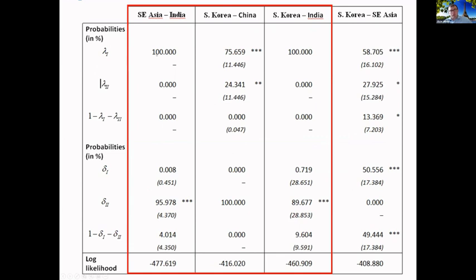They are reported here, either before the sanctions or absent any sanctions for the lambdas, or under the sanctions when we are reporting the delta. So recall that regime number 1 is the one where we have a special price spread that reflects arbitrage conditions, meaning that there is integration being observed. And what is interesting is that for the market pairs for which there is a firm rejection of the model, absent any sanctions, we observe a fairly high degree of spatial integration between the market pairs. So clearly this idea described in the grey literature of Iran shifting petrochemical and thereby integrating the markets for methanol is valid.